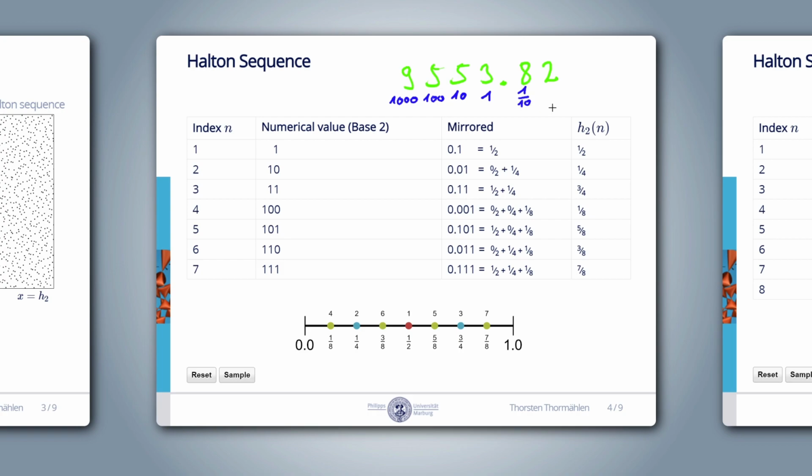10 to the power of minus 2, which is 100th, and so on. When we use binary encoding, we have a base of 2. This means we have only 2 digits, 0 and 1. When we write down a binary number, we also use the positional notation. For example, the binary number